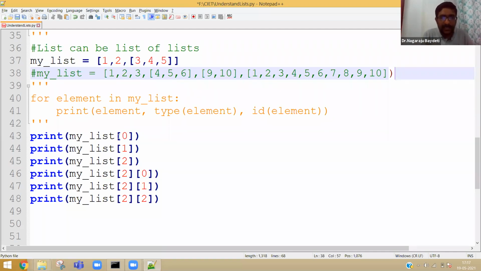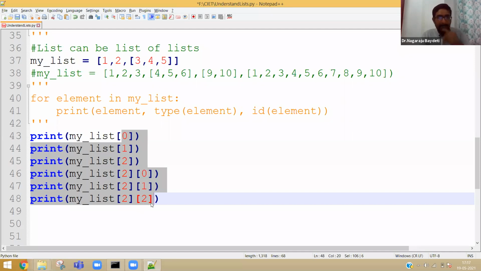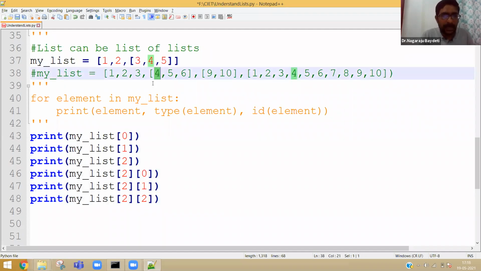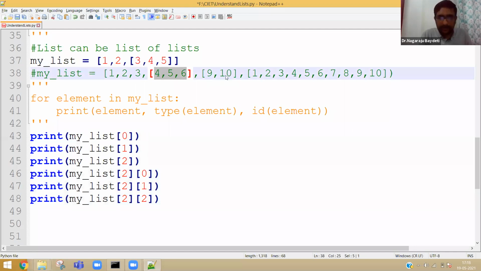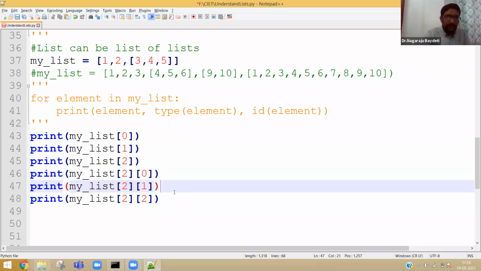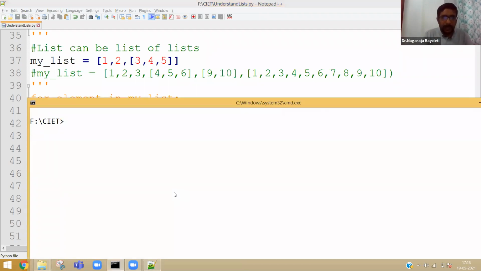writing an index directly like this. You can also calculate, okay, where is the 4? 4 is in my list of 3. So 3 of 0, 3 of 1, 3 of 2, 4 of 0, 4 of, you should not give directly like this, but you should automatically write a program, and you practice and show it to your faculty. You may not be able to show me, but you should be able to show your faculty.